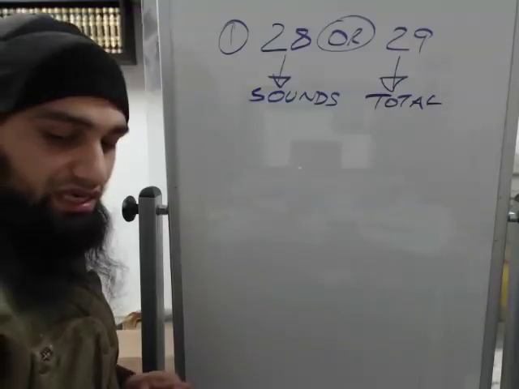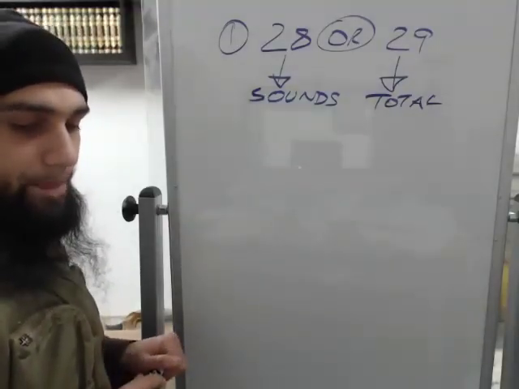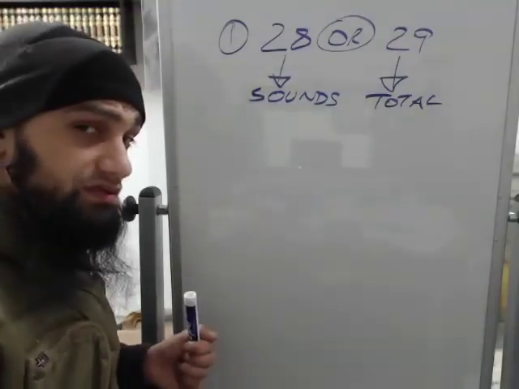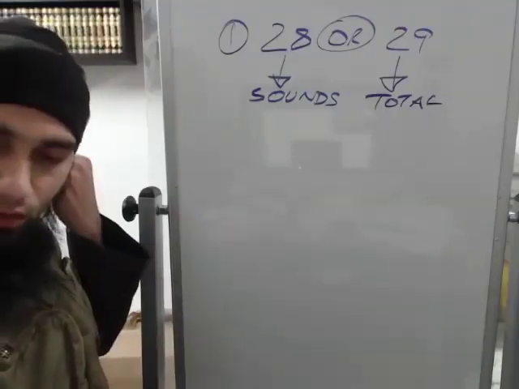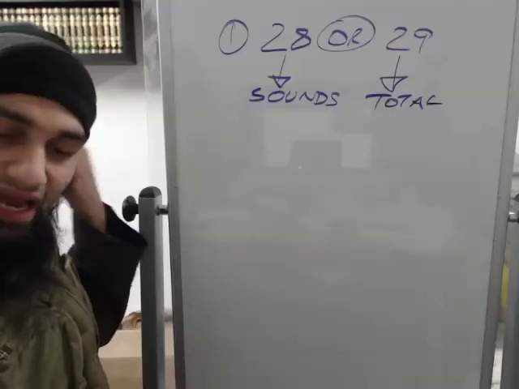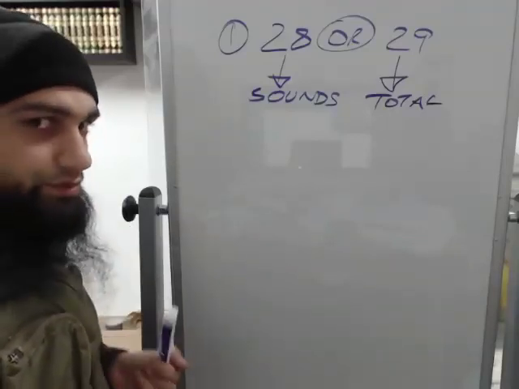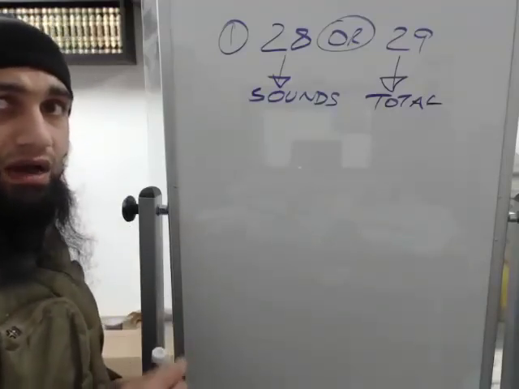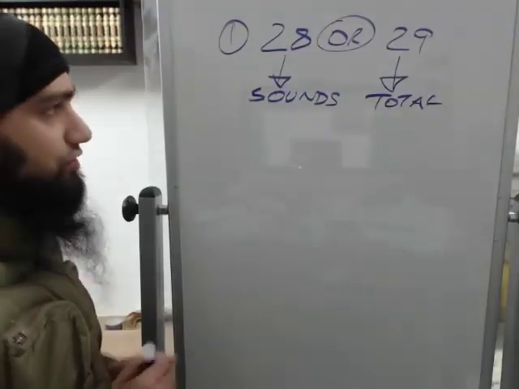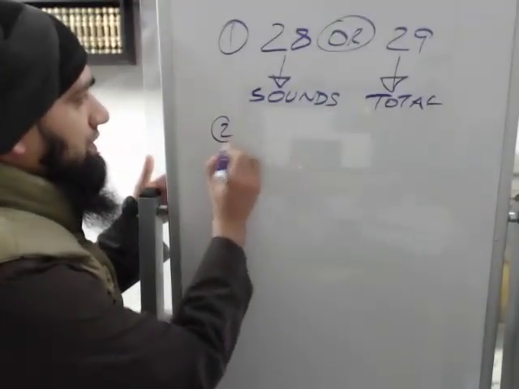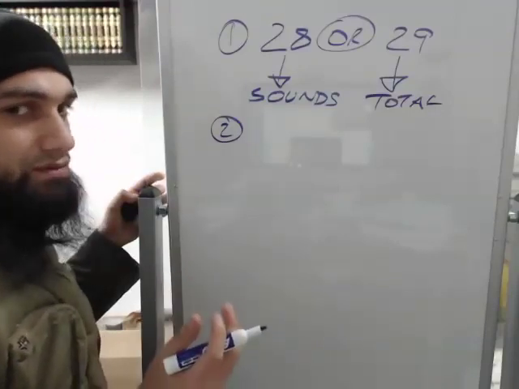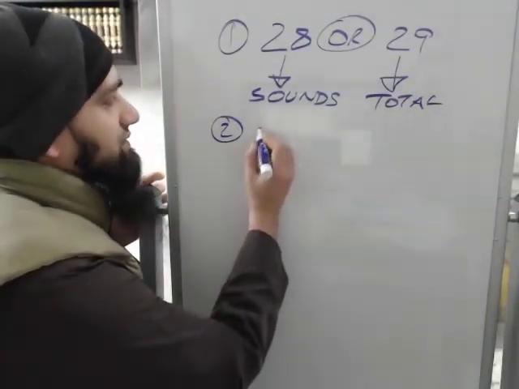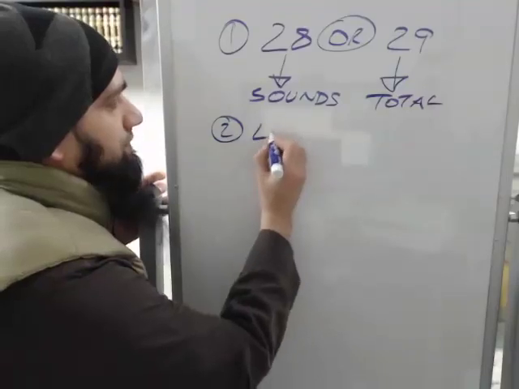Also, you need to understand that there are heavy sounds in the Arabic language and there are light sounds. What do you mean by heavy sounds and light sounds? You will see that practically as we begin our first lesson. But first thing you need to know is that the difference between heavy sound and light sound is that light sound,